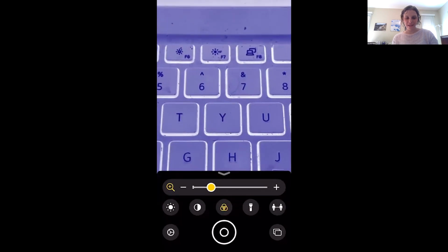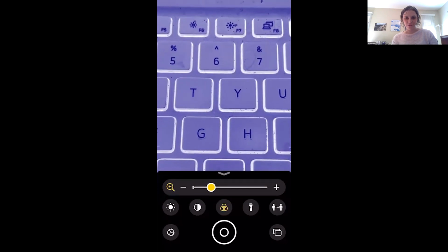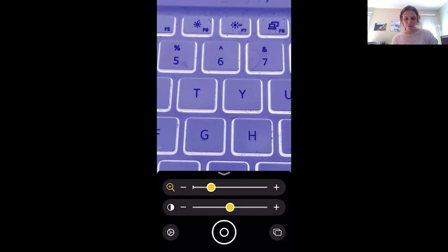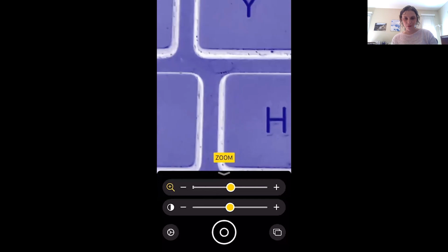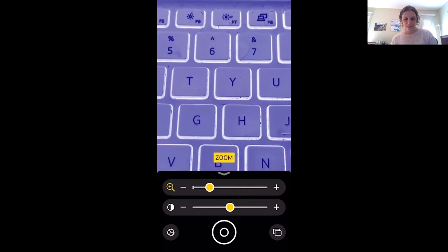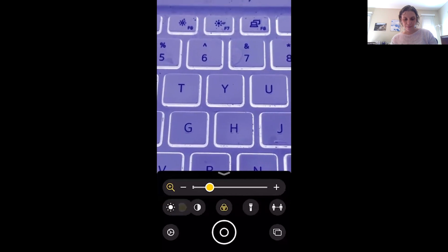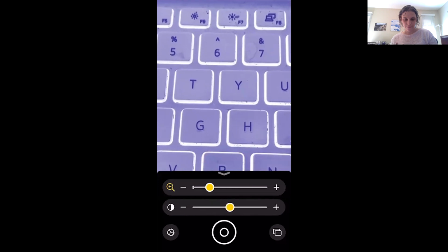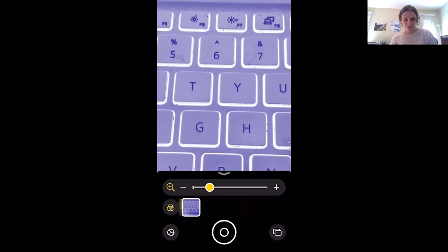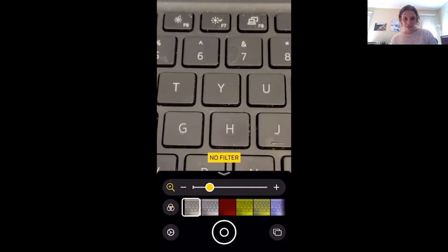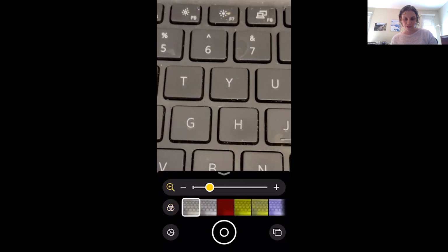All right, so I've got it in the magnifier mode, so you can actually see I've got it on reverse contrast in sort of a grayscale right now, and it's showing you my keyboard, and I can actually enlarge or not enlarge that, and I can flip my color. I can change my brightness. And it has a little slider to get to whatever color you prefer. So that's no filter,